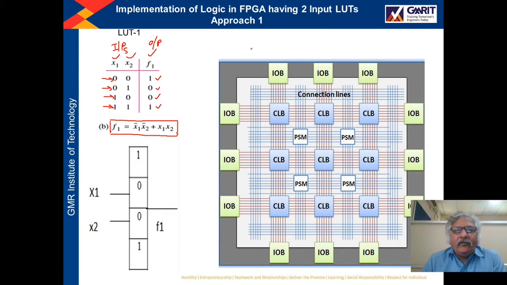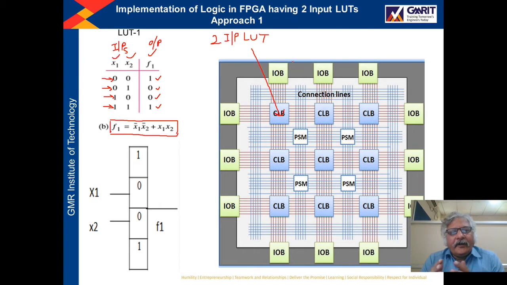Now let us assume in this CLB there is one 2-input LUT. It depends upon the particular FPGA how many input LUTs are available in that FPGA. It varies from one FPGA to another.